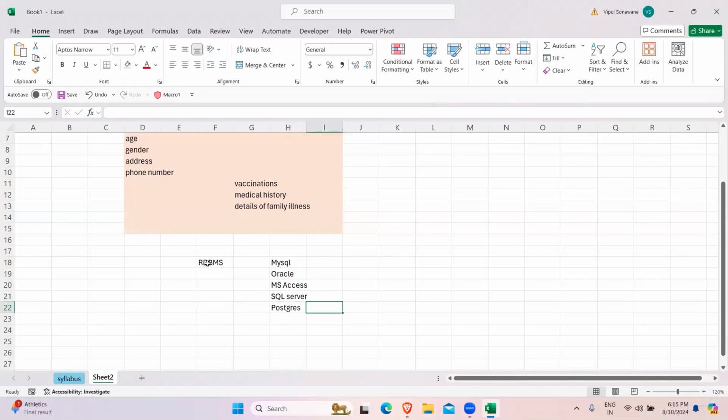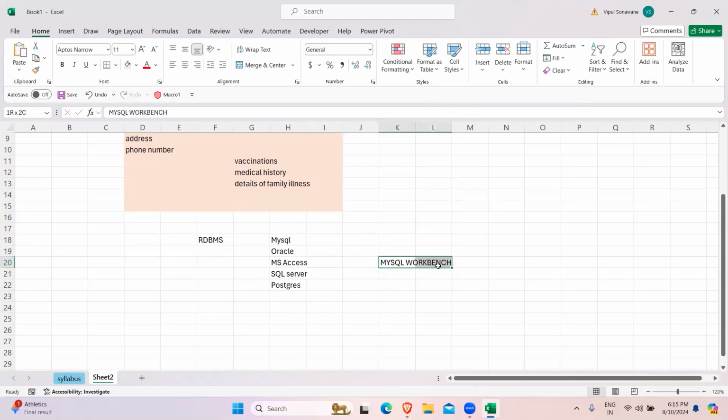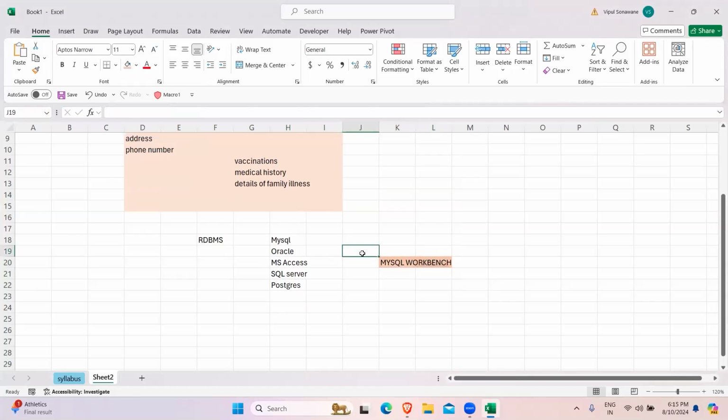And the platform that we will use in order to retrieve the required data is MySQL Workbench, right? So everyone, make sure you are downloading this today itself so that we can start working on this,